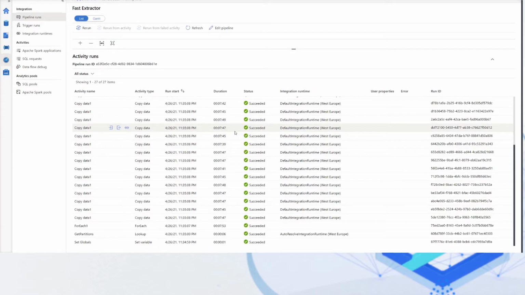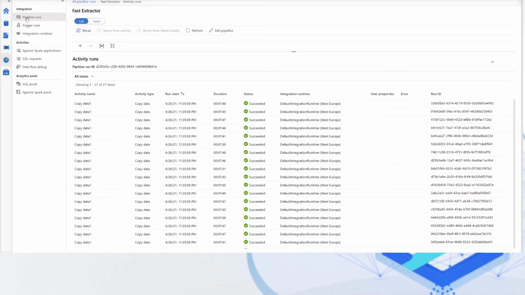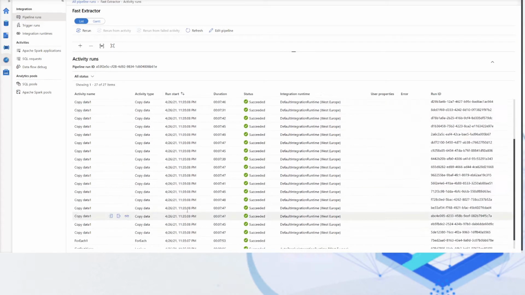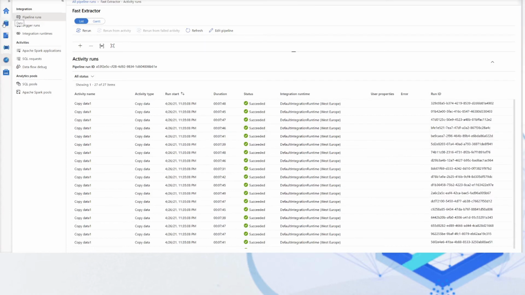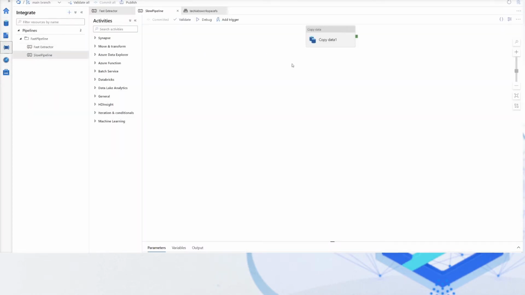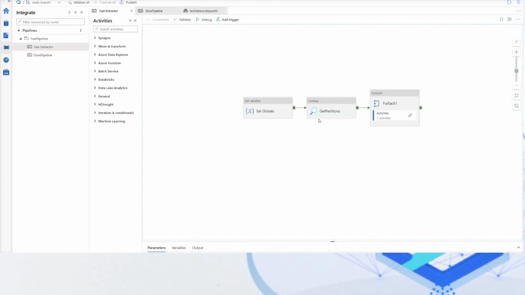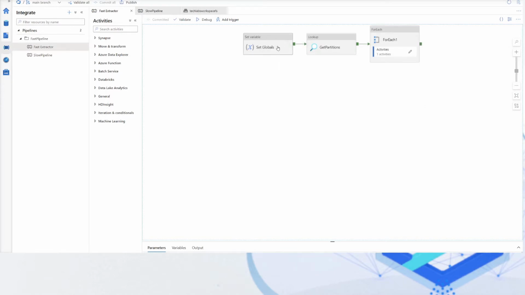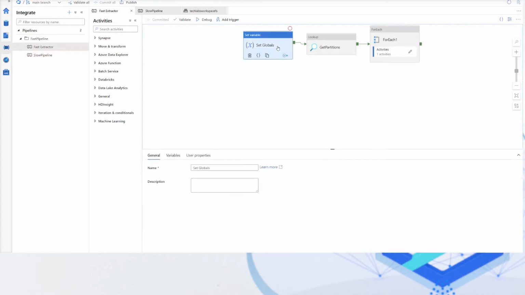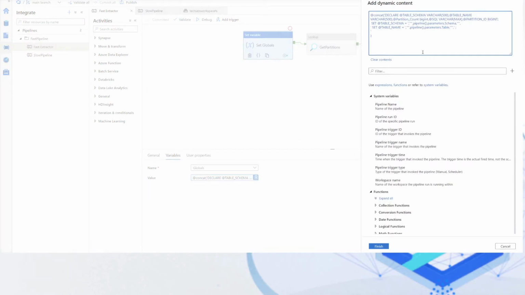So how do we solve this? Obviously we need two things. The first thing is a way of dynamically enumerating partitions. So let's step through the pipeline and have a look at it. I set some execution parameters or variables. This happens to be some input variables that I grab as text concatenation